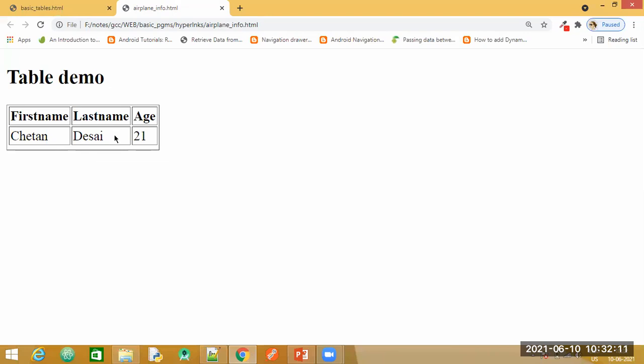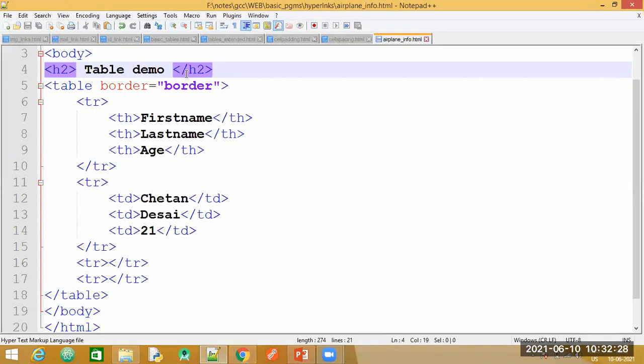Correct? The difference between the TH and TD is this thing. Column headings will be displayed as bold, and TD is the data, so that boldness will not be there for the text. But if you miss out any closing tags, you will easily be able to see the effects that your program is not giving you the expected output. Correct? So here we had not closed our heading tag. So similarly, we will create data for the next two rows also.